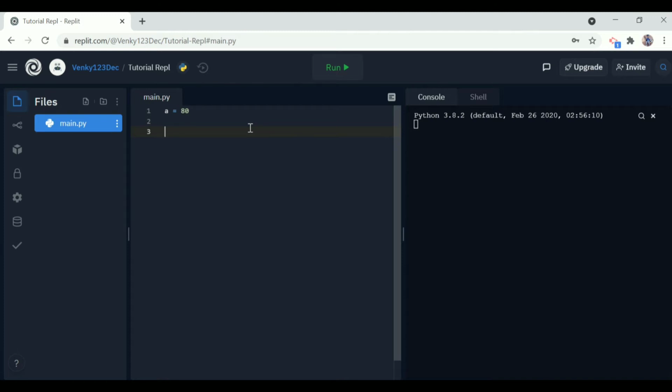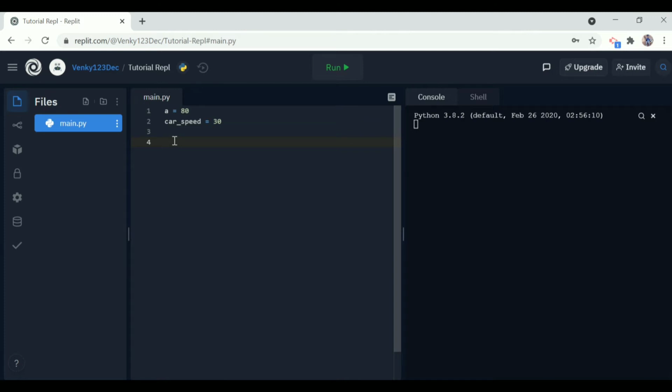So let me define a new variable called car_speed, and for example, let's take the car speed as 30 kilometers per hour, and I want that if the car speed is greater than 80 kilometers, it should print you are above the speed limit.